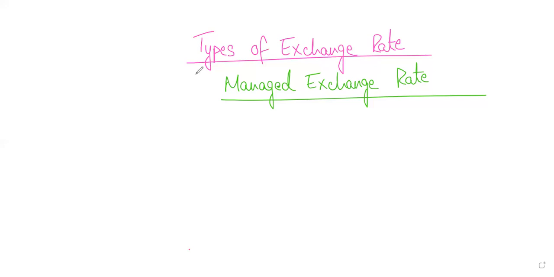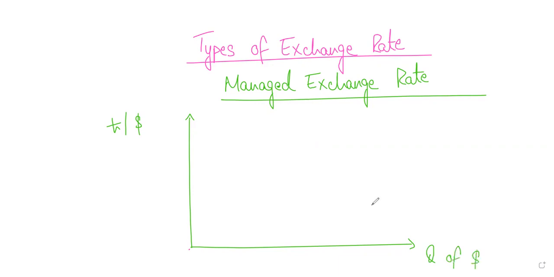Now, the way managed exchange rate works is that you set upper and lower limits. Have a look at this. Let's say you have pounds per dollar on the y-axis, and quantity of dollars on the x-axis. Easy. Is this making sense, students? Downward sloping will be the demand for dollars. Upward sloping will be the supply of dollars, right? Wherever the two intersect, that will be your